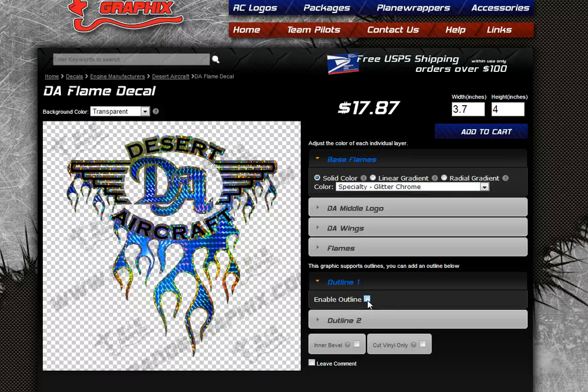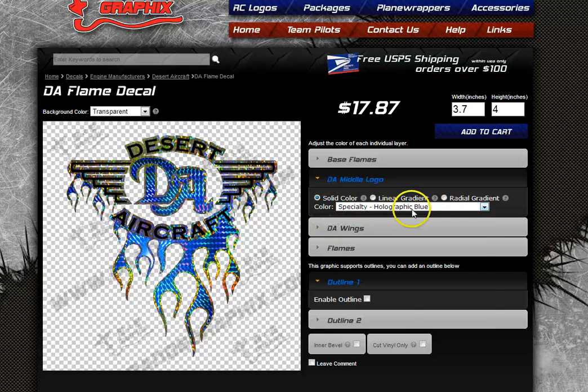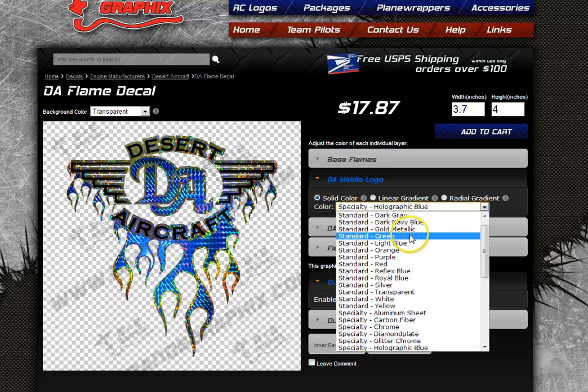Actually, you can do 2 outlines on top of the normal setup that was already in the decal. So this decal has 4 layers on it. It's one of the more complicated decals that we offer,